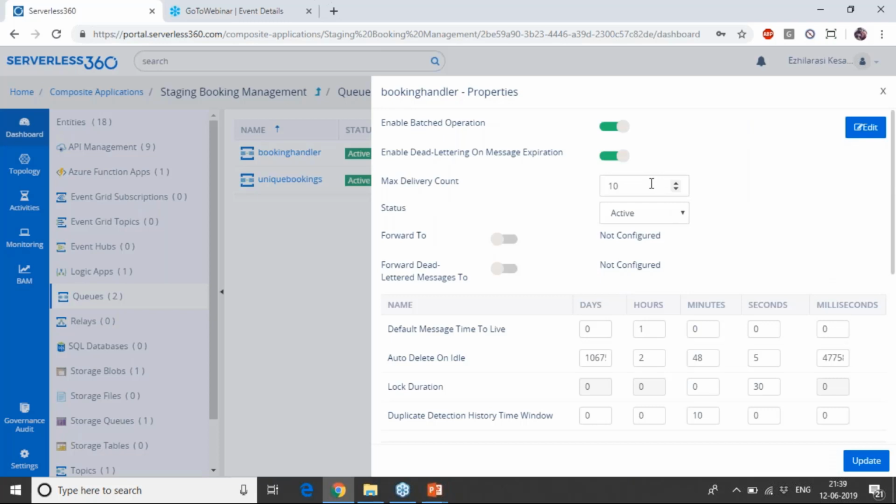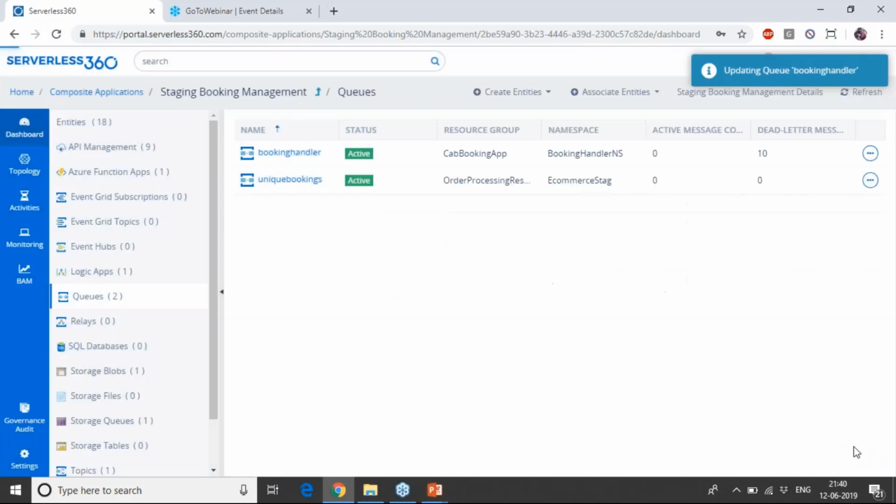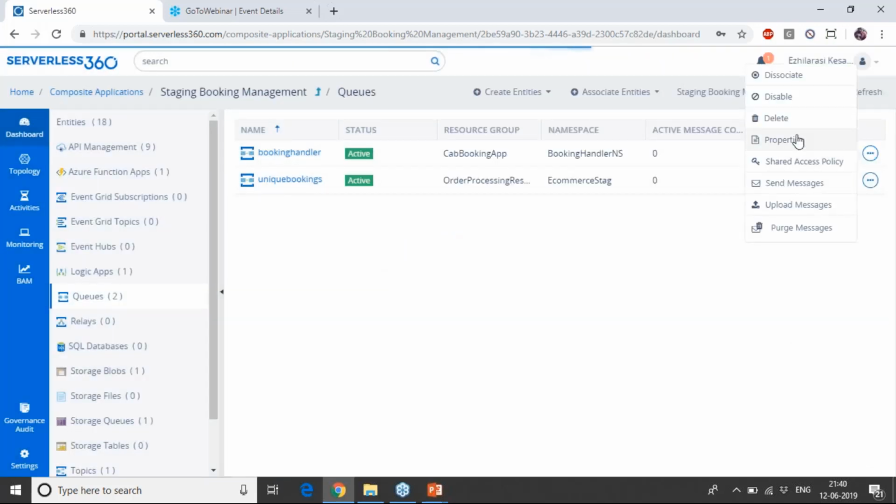So imagine a scenario where your messages are found to expire or get moved into the dead letter queue due to TTL expiry much sooner than the expected duration. Then you can redefine the time to live of your messages by modifying the queue property here. So this would prevent the messages from getting dead lettered before the desired time limit. And I can modify the properties of the queue. I'll show you one more interesting